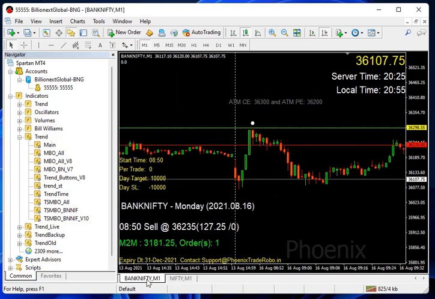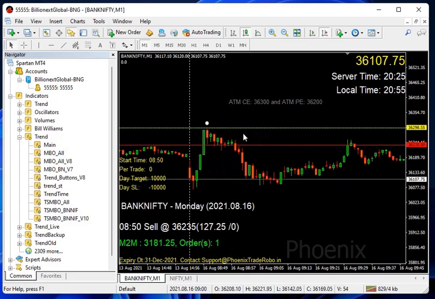So this strategy is purely an ATM buy strategy. The start time is 8:50 and the day target and day SL are set to a larger number. Don't worry about this because we will set the target and stop loss in robo. Once the indicator is launched in the live market post 8:50 AM, that is 9:20, a 30 minute difference, a candle will be chosen by this indicator automatically and a low and high will be marked. In this case 36,298 and 36,235 have been marked as high and low.